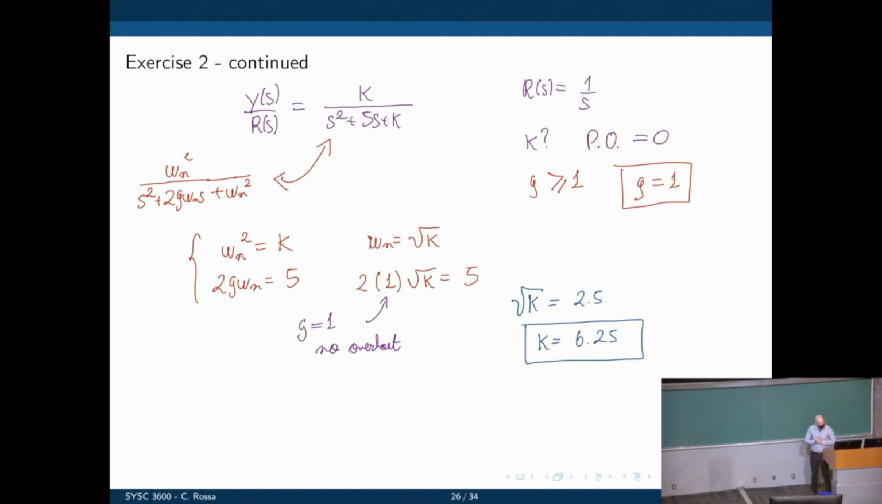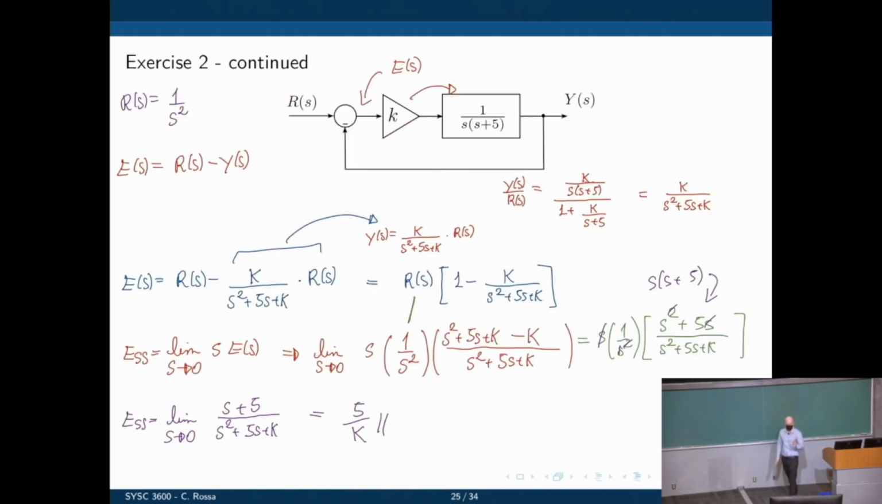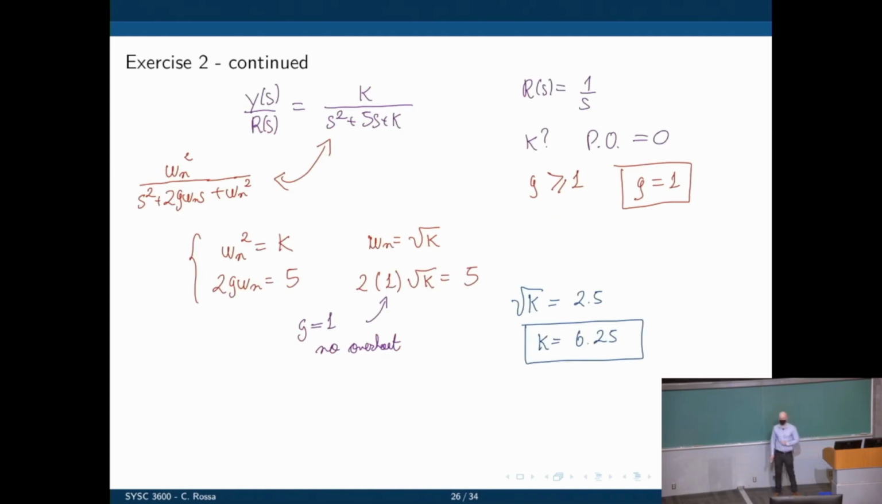Okay, so for any k greater than 6.25, the damping ratio becomes smaller than 1, and the system will start to oscillate. We don't want overshoot. So we're going to go to the maximum value of k before overshoot starts. Why the maximum value? Because of the example we just saw: the greater k, the less steady state error. So we can maximize the value of k, but we cannot go beyond 6.25, because past 6.25, we'll see the damping ratio getting smaller than 1, and then we'll see